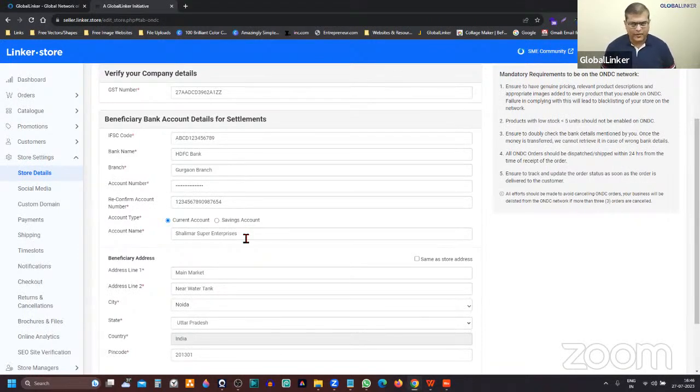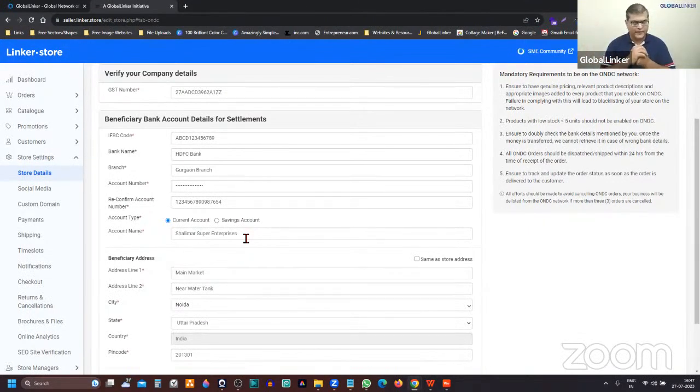Now, you might be wondering, why are we asking bank details from you? A lot of people have asked me this question. So here you have to understand how the model works. So GlobalLinker is representing all the sellers which it has on the ONDC network. So whenever an order gets placed, it comes to your online store and you deliver that.